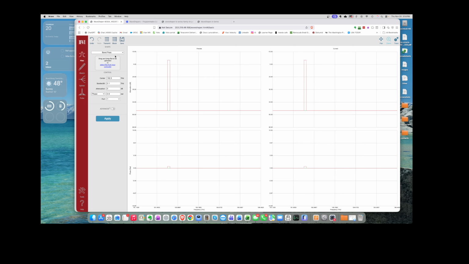Oh, what did I do? Let's block you. Oh, I'm actually applying another filter. So we blocked everything on one. Okay, so let's do